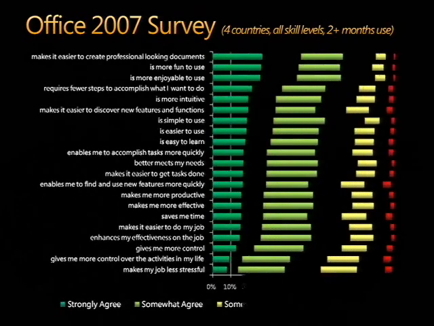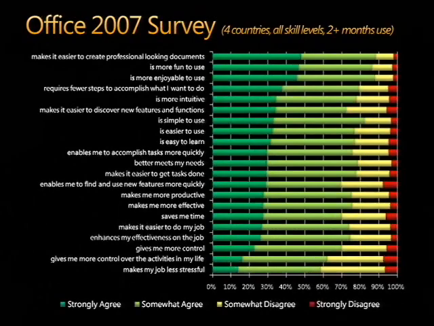So did we do that? Well, this is a survey that we did of Office 2007 users who used the product for at least 2 months, of 4 different countries, and of all skill levels, beginner through advanced. And here's what we learned. Green lines are good,